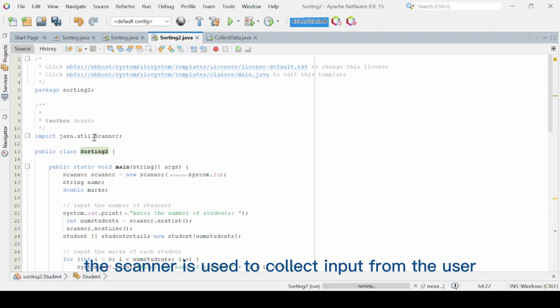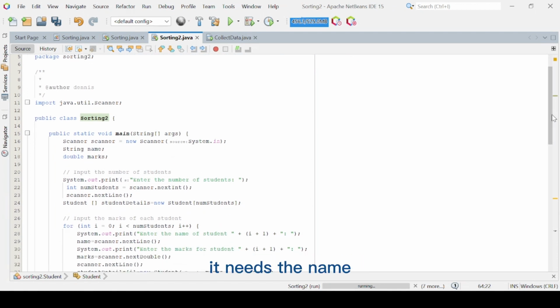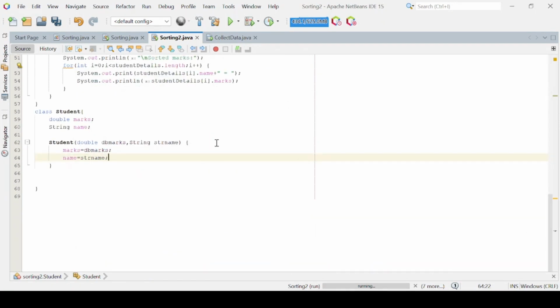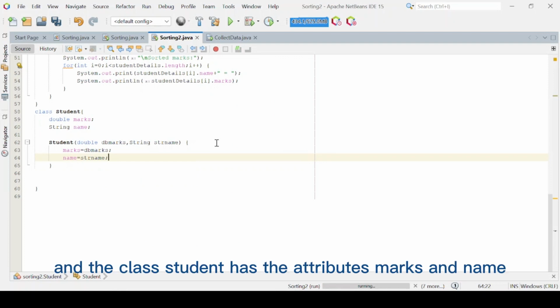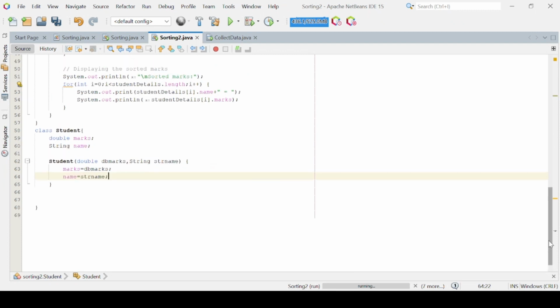The scanner is used to collect input from the user. It can collect double, int, any type of user input that you need. For the case of our lecturer, he needs the name and the marks of a particular student. So we have created a class called student, and the class student has the attributes marks and name, and it has this constructor which is used to create an object which we will use to store the details of a